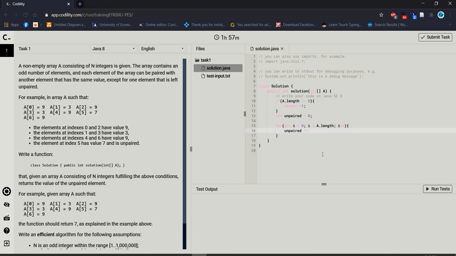It will not count any double value. It will check inside the array. After that we have to return unpaired, because you see the data type is int, that means it will return only one int value, and I am defining the data type int, and here is unpaired.